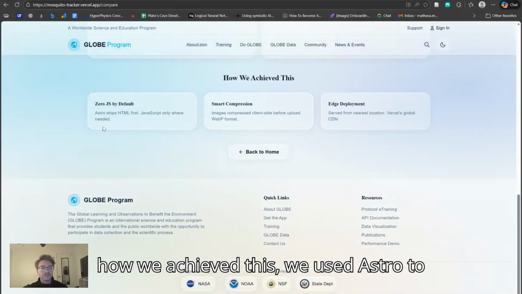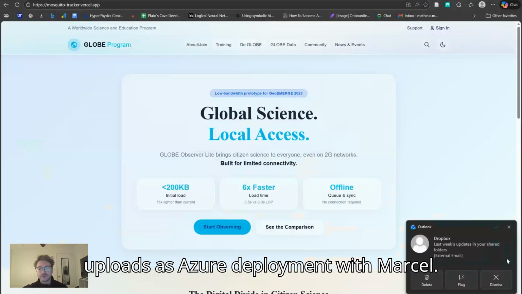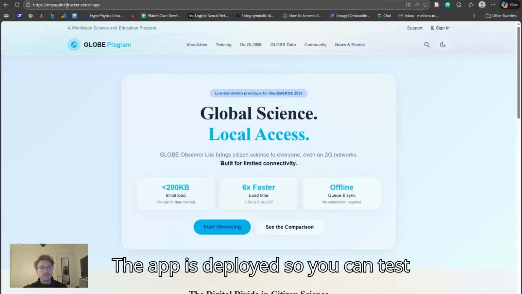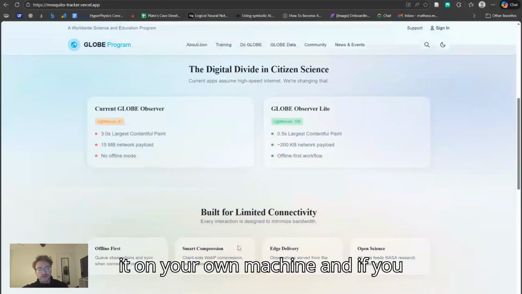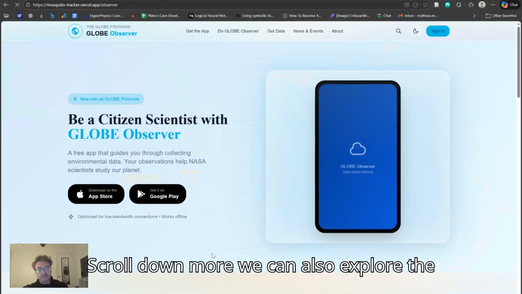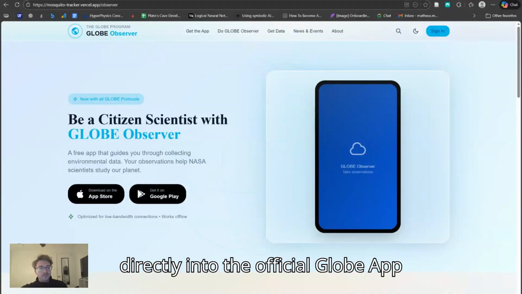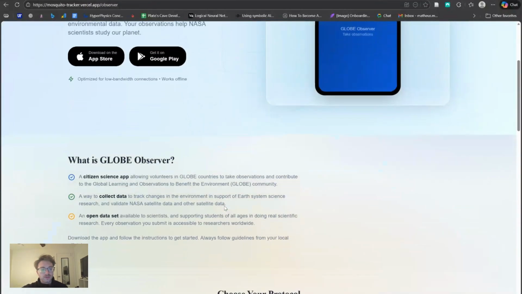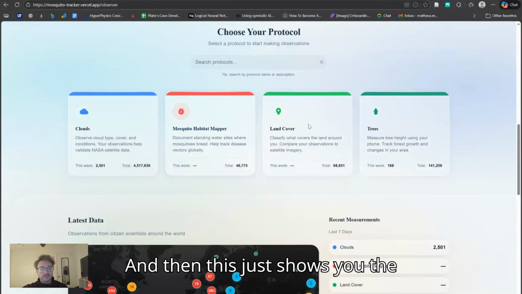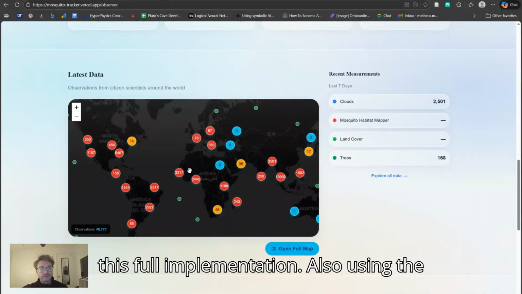And then again, how we achieved this: we used Astro to ship HTML, smart compression for the image uploads, as well as edge deployment with Vercel. The app is deployed, so you can test it on your own machine. And if you scroll down more, we can also explore the app. So we made this page that takes you directly into the official Globe App Store and Android apps. And then this just shows you the protocols that we just saw, as well as this full implementation, also using